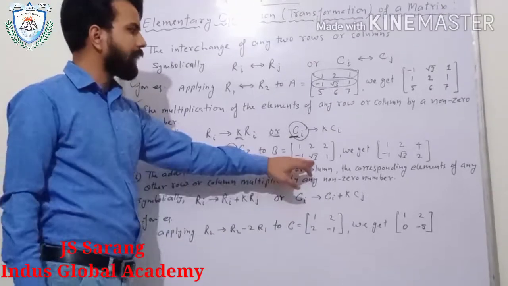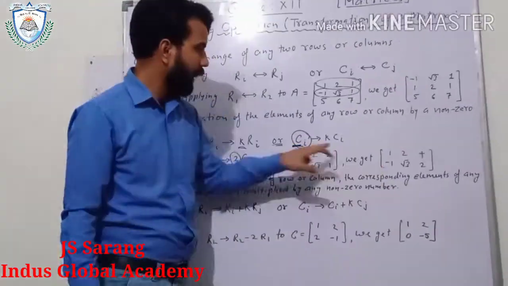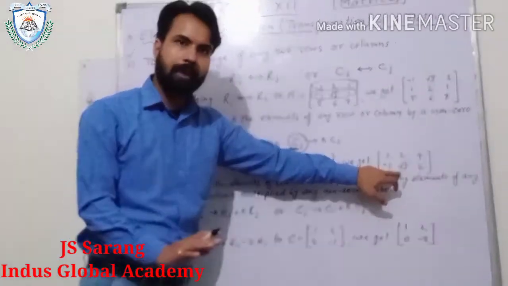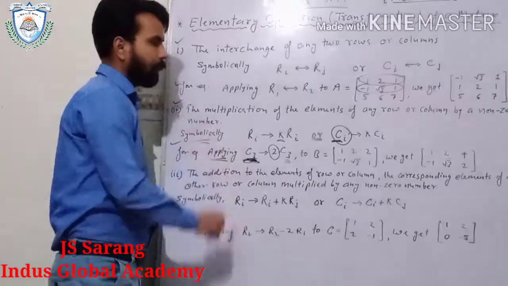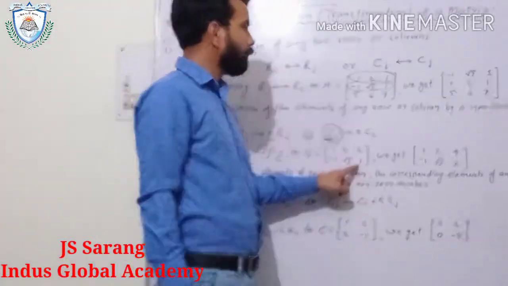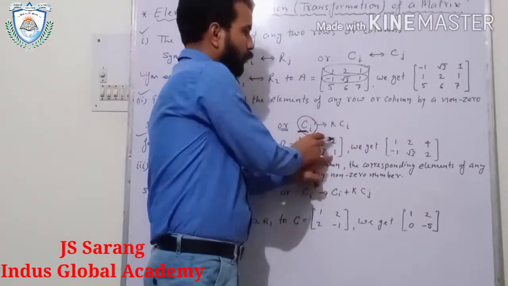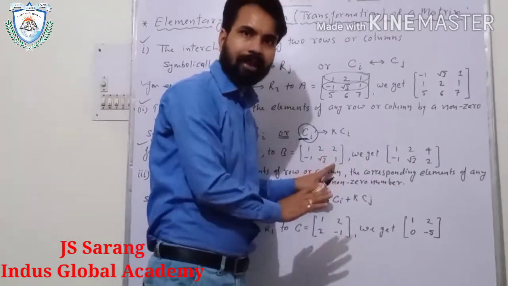get the operation we are applying in the third column. So the first and second column will remain same for this matrix. 1, minus 1 and 2, root 3. It will be same. Operation is applying in third column. What is the operation? We will multiply by 2. So in third column we can multiply by 2. So 2 2s are 4 and 2 1s are 2. Hope you are understanding this.